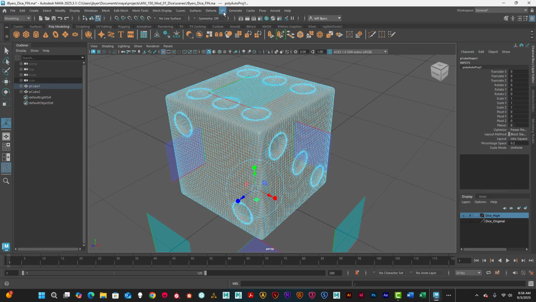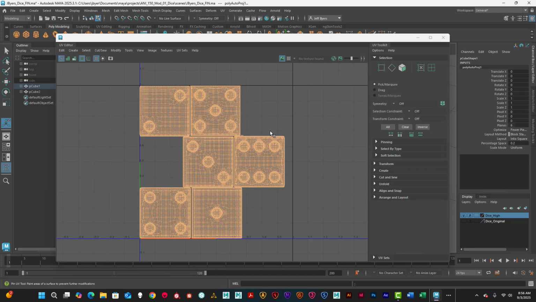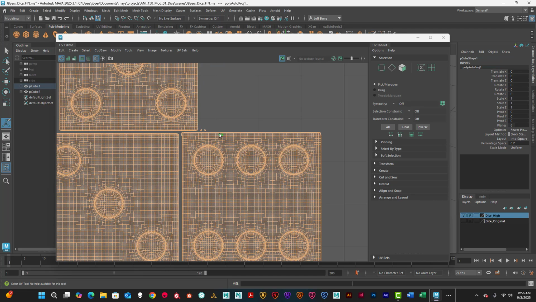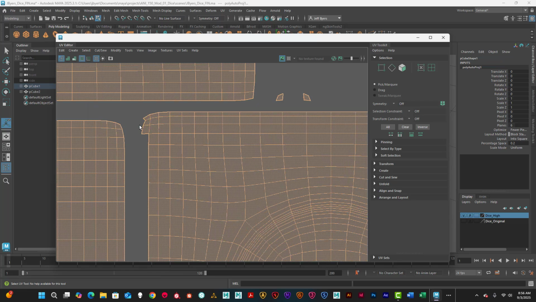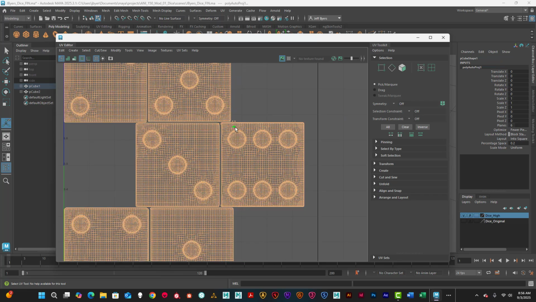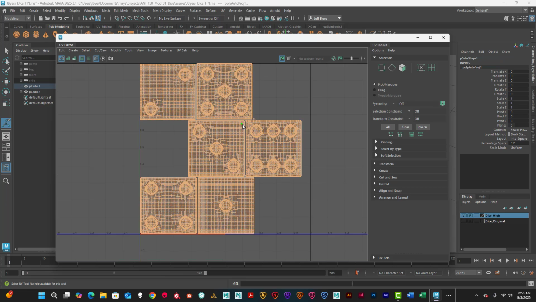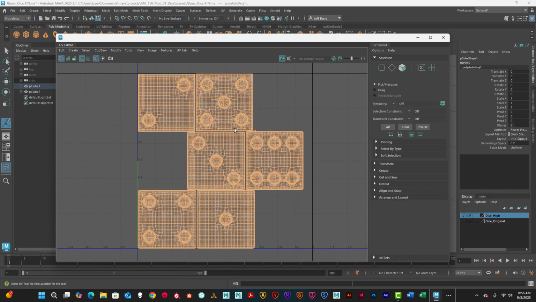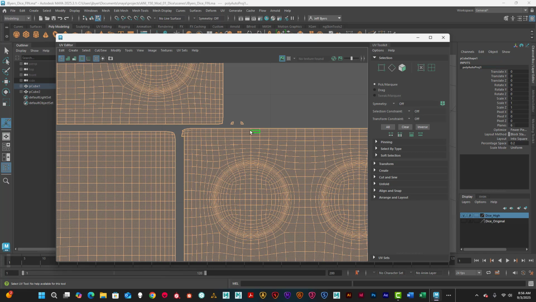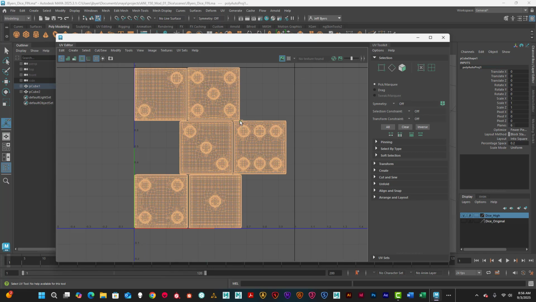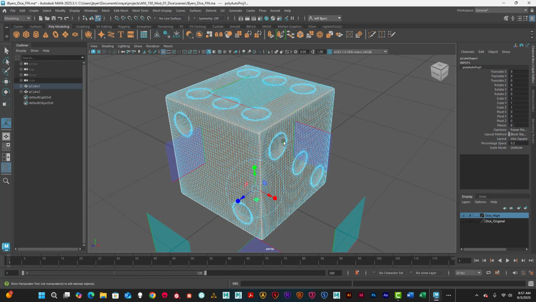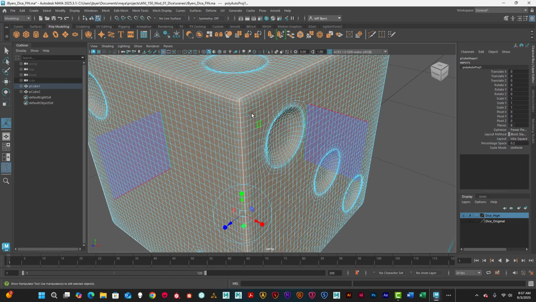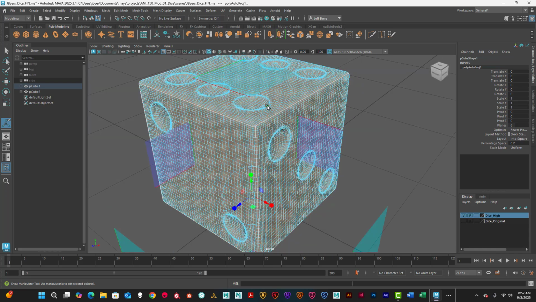Alright, so let's go to the UV editor, and you can see that we've got some strange things happening here with the UV map. It's not clean, so I want to actually cut the seams myself. I could go in here and clean this up if I wanted to, and take the time to do that, but let's do it right the first time. So I'm going to close the UV editor, and you can see here that it's kind of jagged and just doesn't look good. So I'm going to recut those